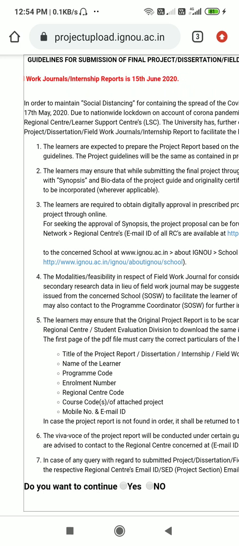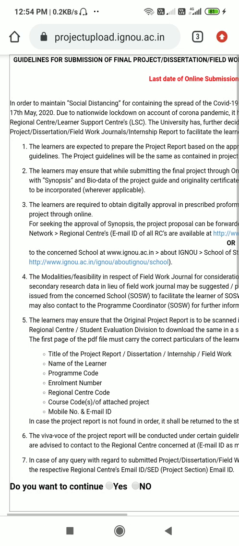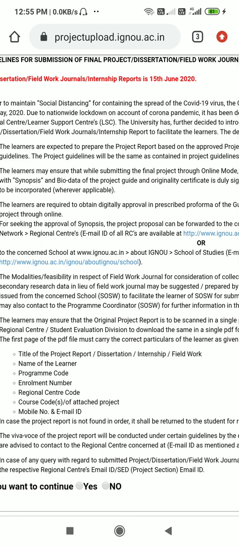You should also have the biodata of your supervisor, your final synopsis soft copy attached along with your project report, and the consent letter, as well as the certificate of originality from your guide. These are the things you should attach along with your final project report. If you don't follow these things, your project will be rejected.